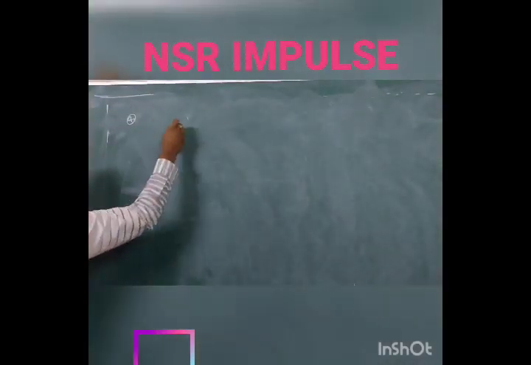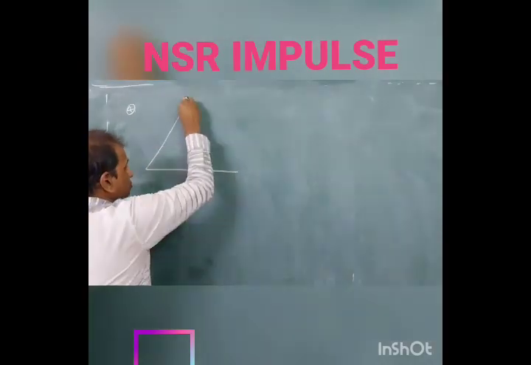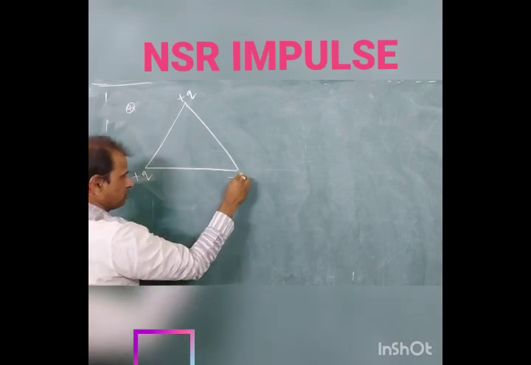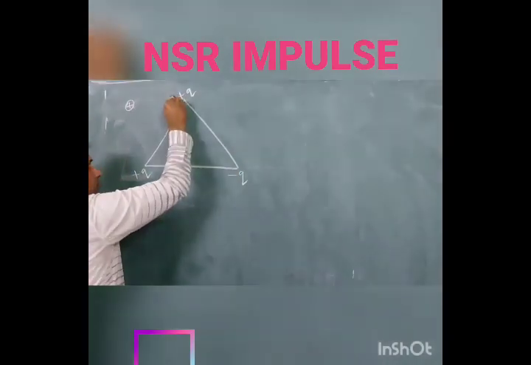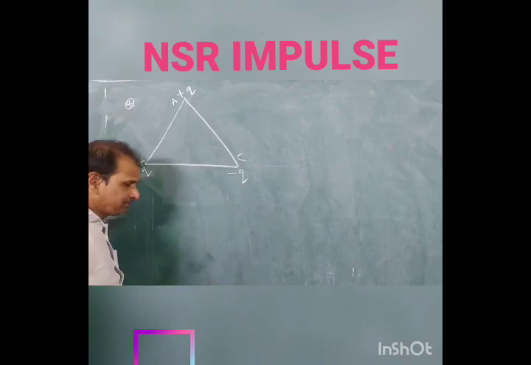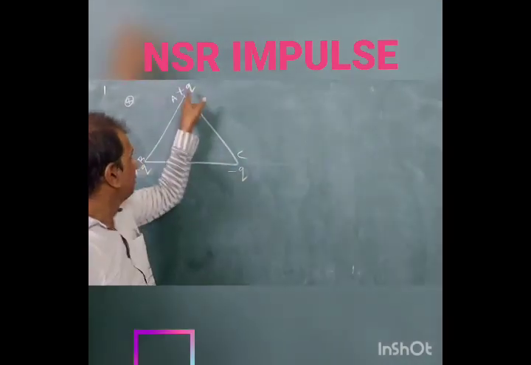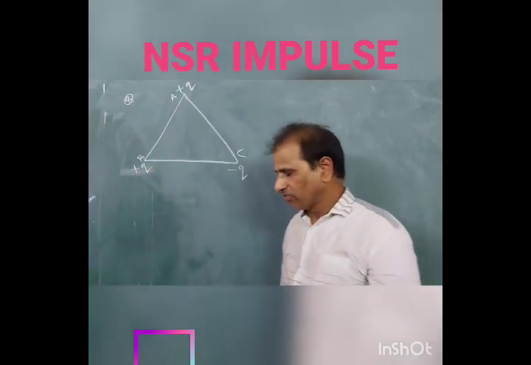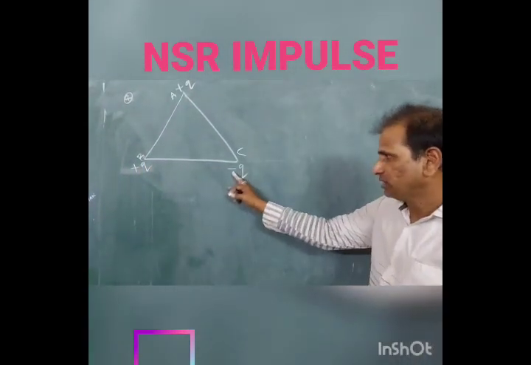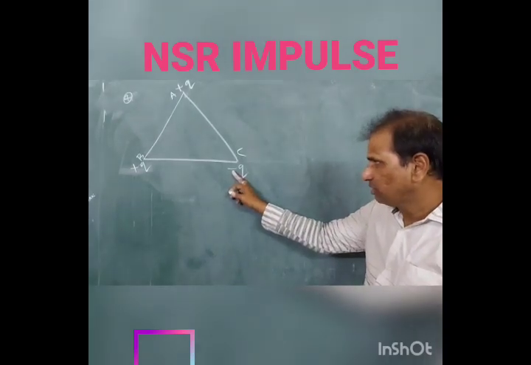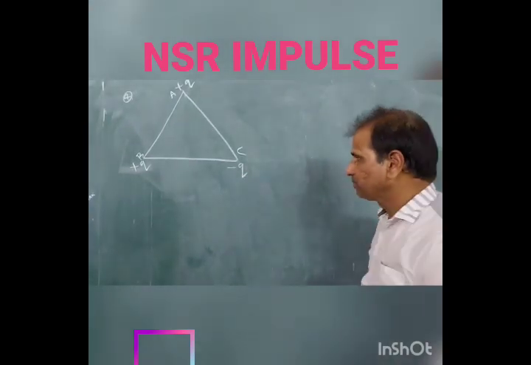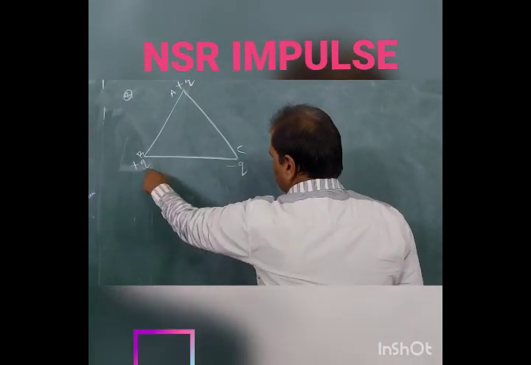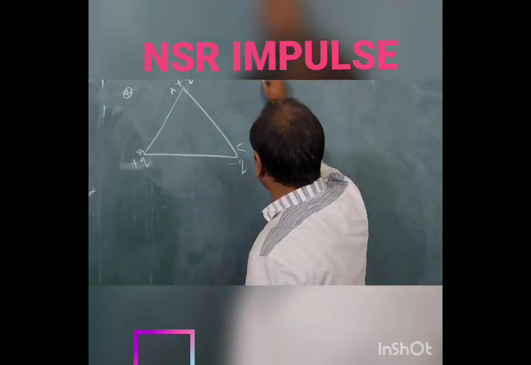Next, the fourth application. Here you see plus Q and minus Q, A, B and C. Again, three charges are taken. But in comparison with the previous case, what is the change we made here? Earlier this was positive, but we have taken this one as negative. This is a negative charge. This is a positive charge. It is also positive. The question asked is what?